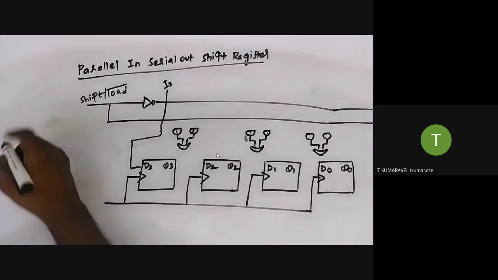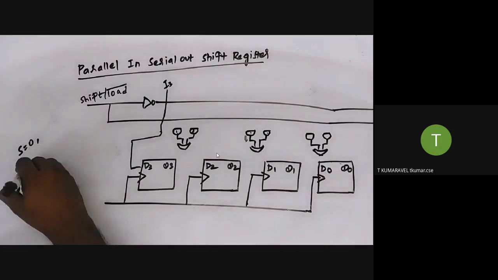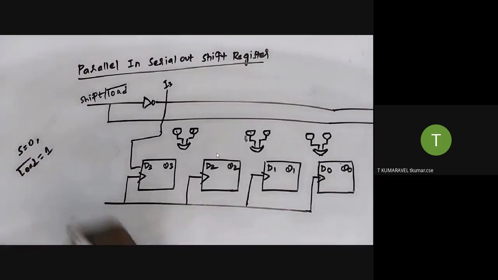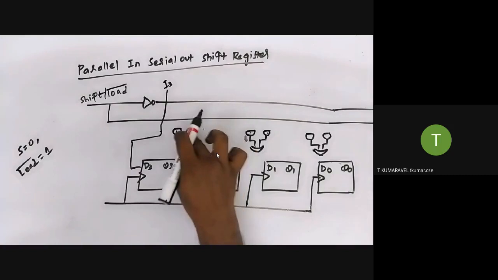Suppose I am providing input as a 0. 0 in the sense what happened? The load signal is in input. So what is the meaning? It simply accepts the data. Am I correct? So here what I'm going to do. Whenever I'm providing input as a